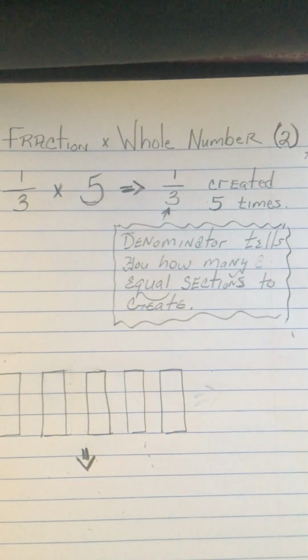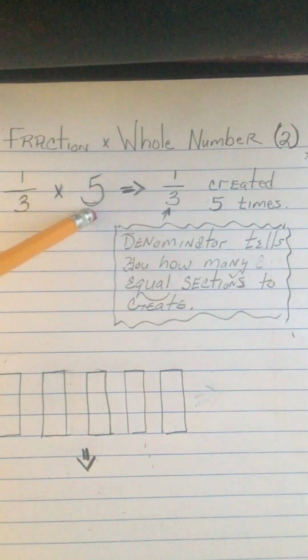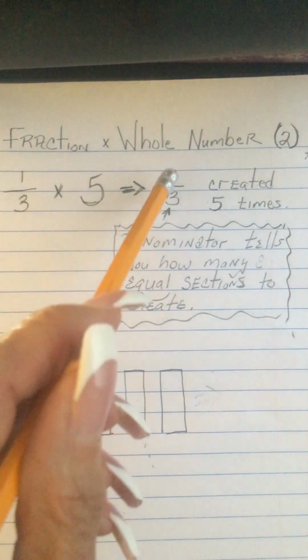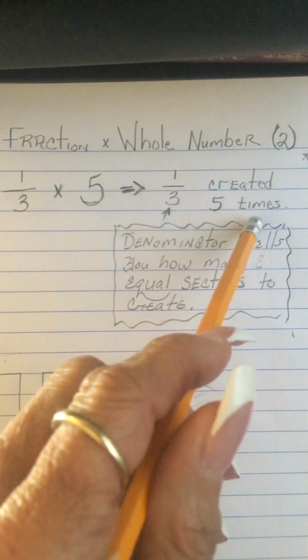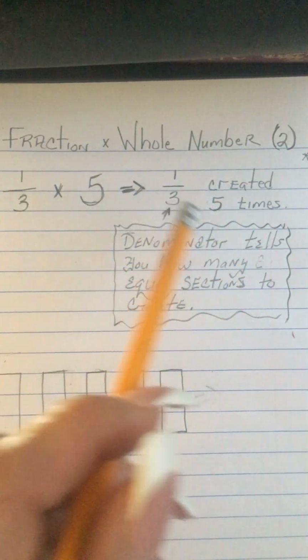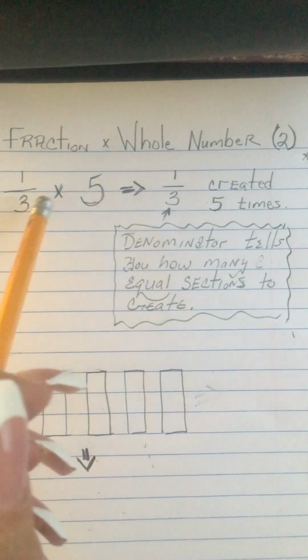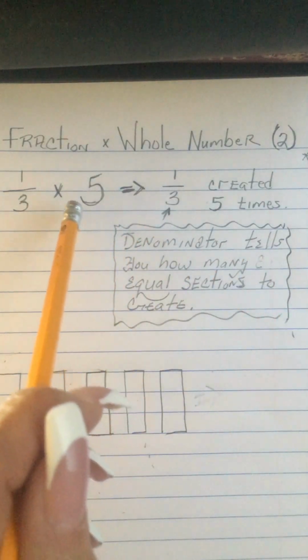Okay, so we're going to start our second example on fractions multiplied by whole numbers. This particular example is 1/3 times 5. That means we're taking 1/3 and we're going to create it 5 times. It's just like repeated addition. So you're going to have the fraction 1/3. We're going to create that once, and then we're going to create it 4 more times because the whole number